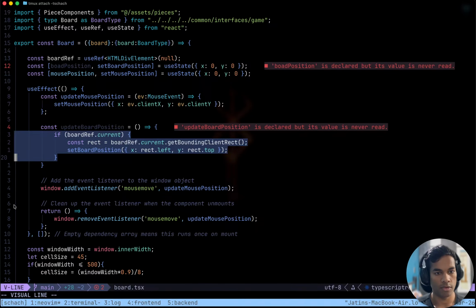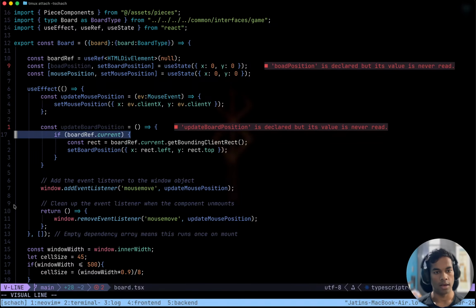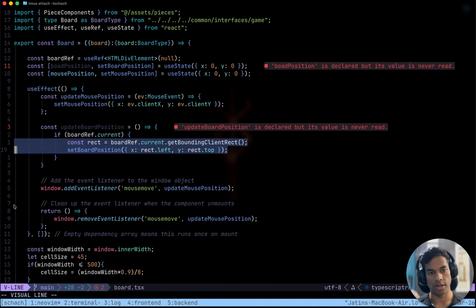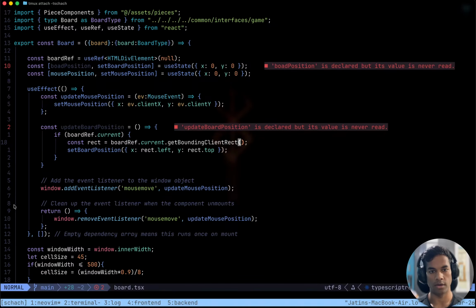Run this function: if boardRef.current exists, then call getBoundingClientRect and set the positions equal to the distance from the left, which is rect.left, and the distance from the top, which is rect.y. Okay, cool.